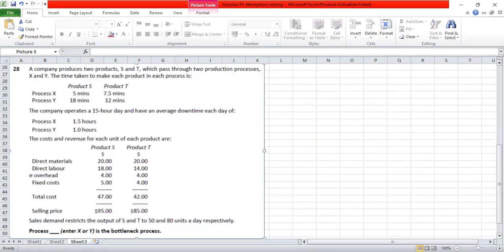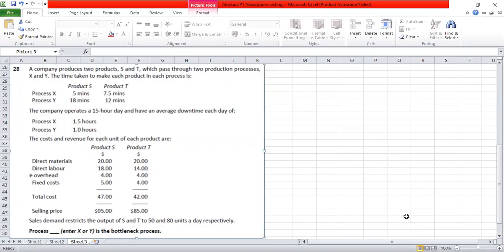Question number 28. A company produces two products S and T which pass through two production processes X and Y. The time taken to make each product in each process is given: product S and product T in process X and process Y. The company operates a 15-hour day and has an average downtime each day for process X and process Y. The cost and revenue for each unit of each product are the direct material, direct labor,